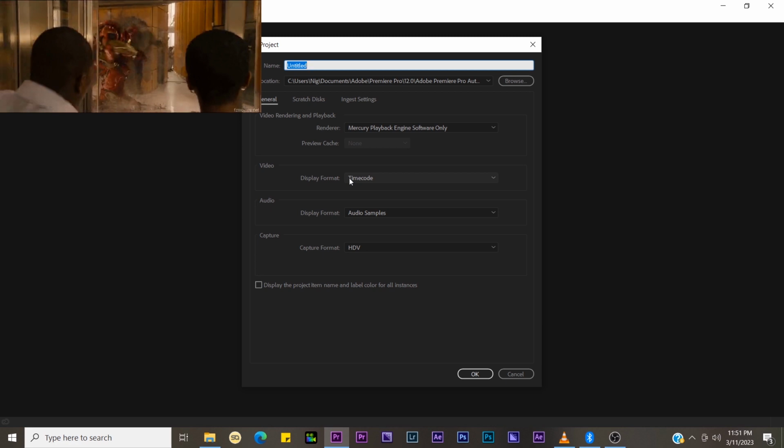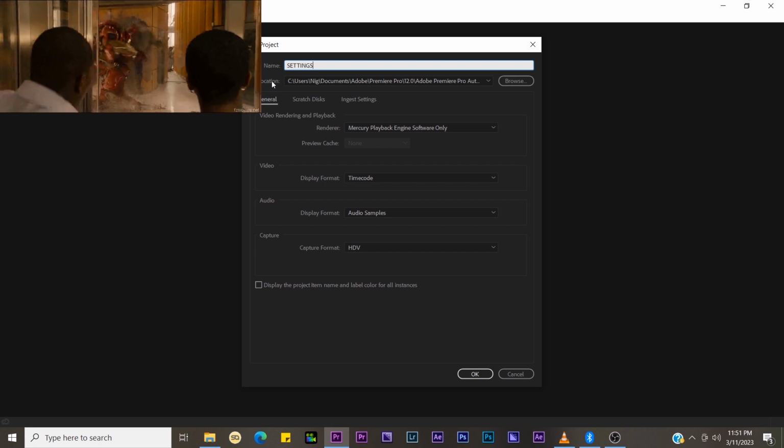So when you start a new project, you need to specify some general settings and scratch disks. Also, there's a part for you to name the project. Now when you look here, you see the name. So you give the project a name. Like I'm going to call it settings,